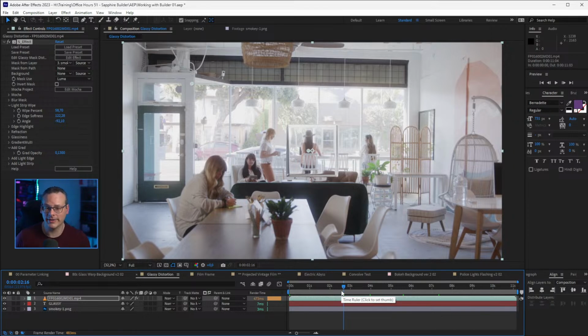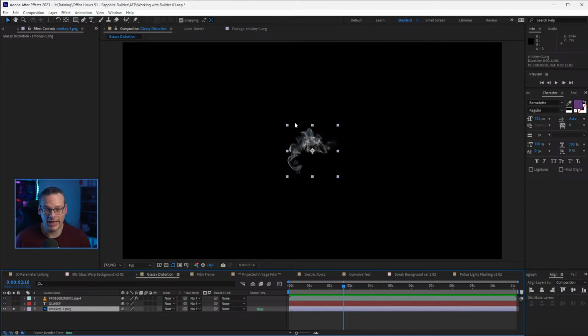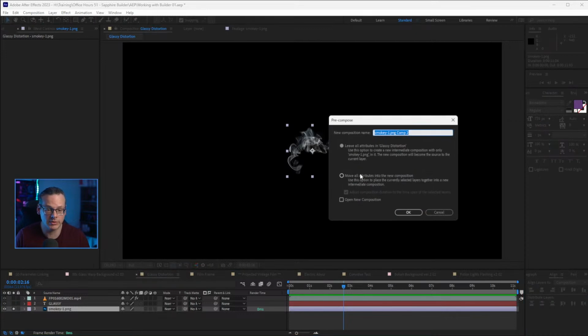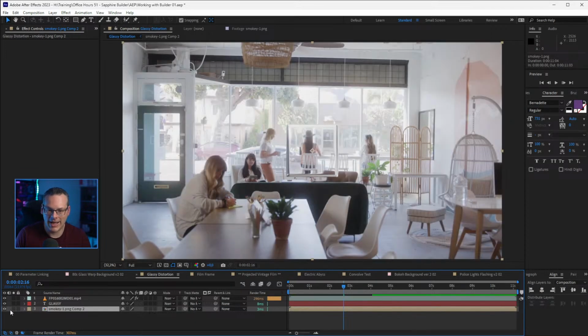Now, why is it doing that? Well, there's a couple of reasons. One, because we're giving it just a single layer here, After Effects thinks it is just this size. So we will need to pre-compose it. We can just come in and go to Layer, Pre-compose, move all of our stuff in there. Thank you very much, that'll do. And so now if we look at this,